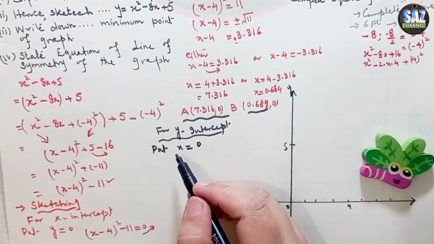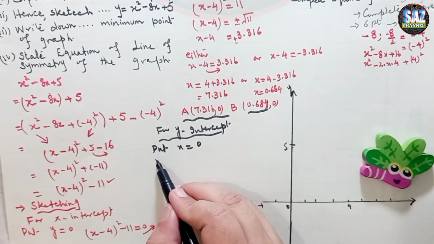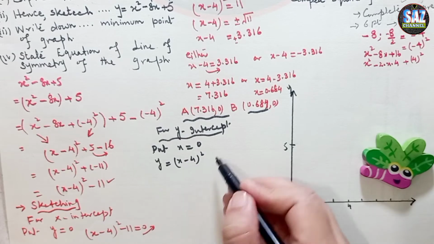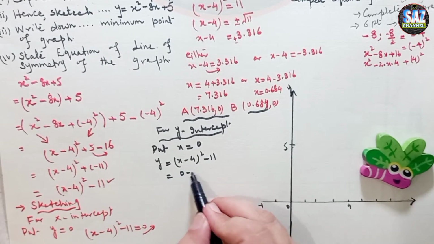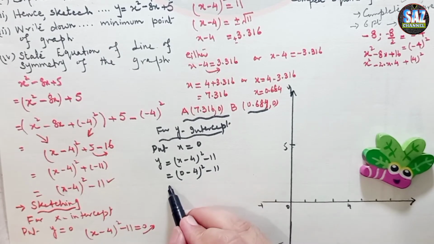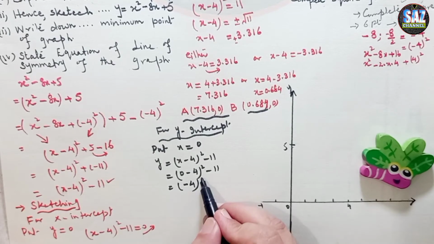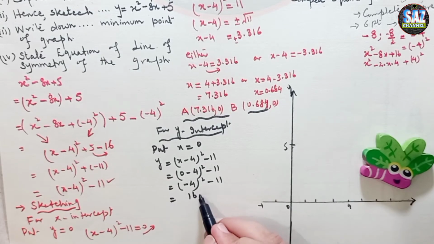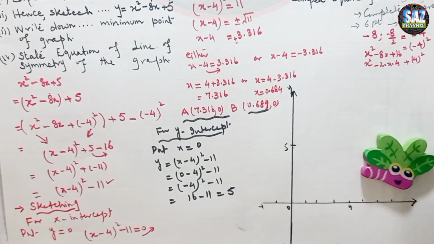Putting x equals to 0 in the given equation, y equals (x minus 4) whole square minus 11, this becomes (minus 4) square minus 11. This will give me 16 minus 11, which is equal to 5, and that we can easily observe